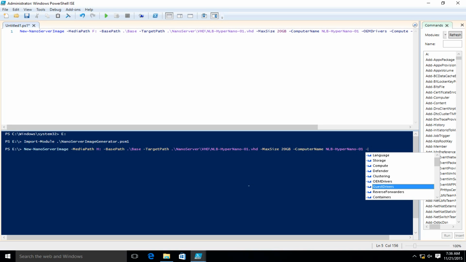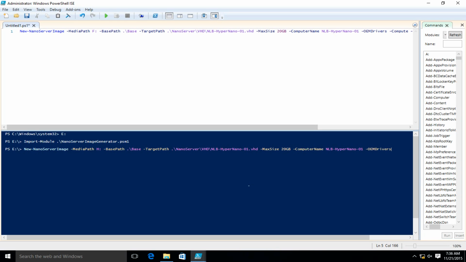If you add the guest drivers, it will blue screen constantly and it will not be able to load the operating system. So in this demonstration, I'm going to show you how I can add the OEM drivers and power on the Nano Server on my VMware Workstation. So I'm going to add the OEM drivers, I'm going to add the compute package, which is the